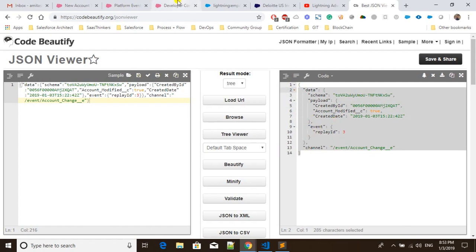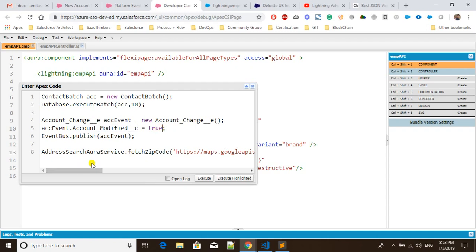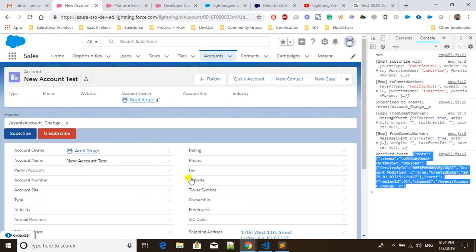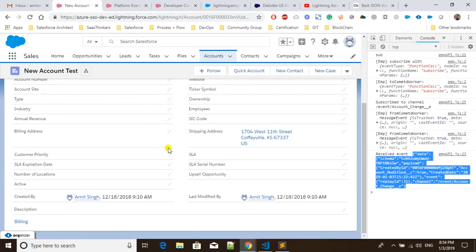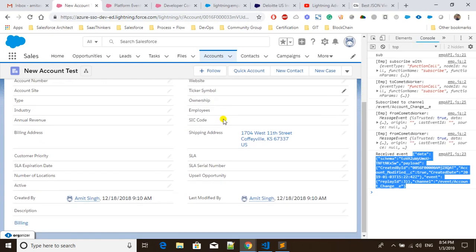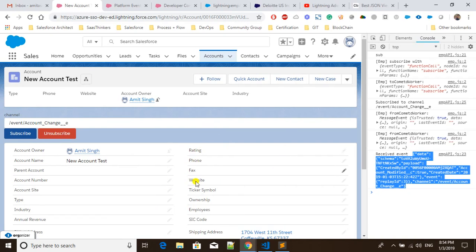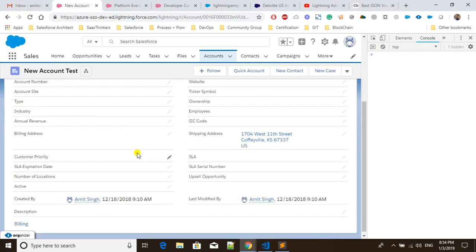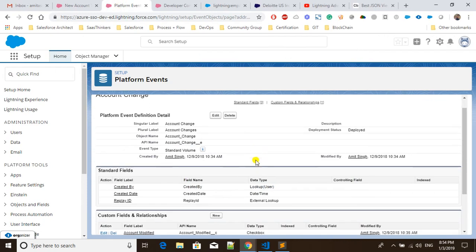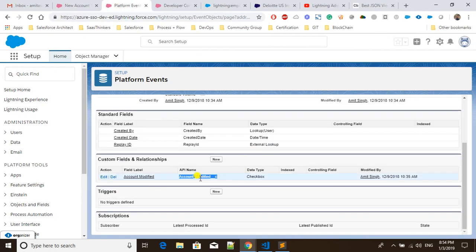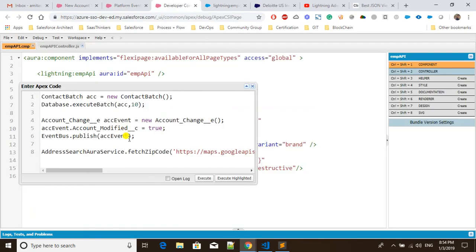In case of platform event, you have to specify each and every field here while subscribing the event. Let me go back to the account record. We have many fields, approximately 20-25 fields here. Let's say you wanted to get a notification on update of any field, then how will you get it? You have to create all the fields here, and then you have to check which fields have been changed, and then you need to map that data with the platform event, and then you have to subscribe the